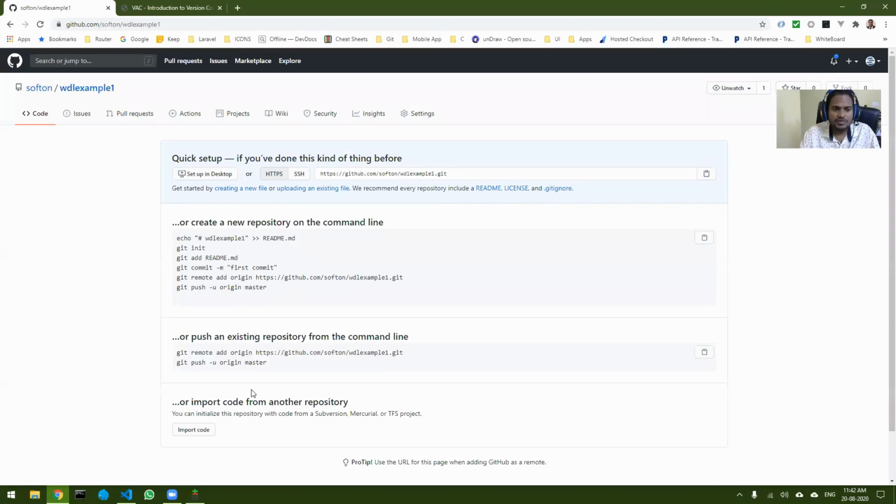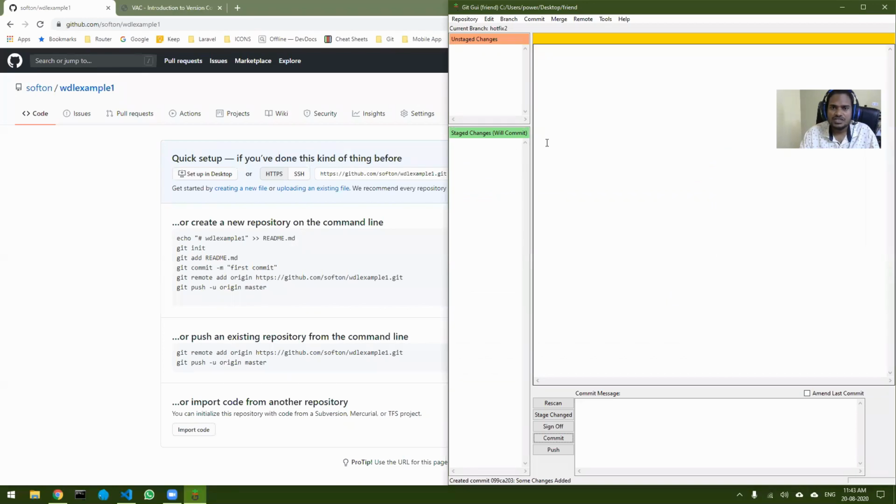But if you're not using the command line, and if you're using the GUI, then how to do it? You can see the remote menu over here. You just click over there and check if there is anything right now. If you remember in the previous session, we had cloned this, right? That basically means we have taken it from some source, so that's why the remote is already there.